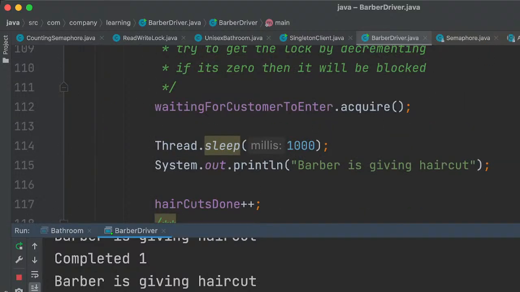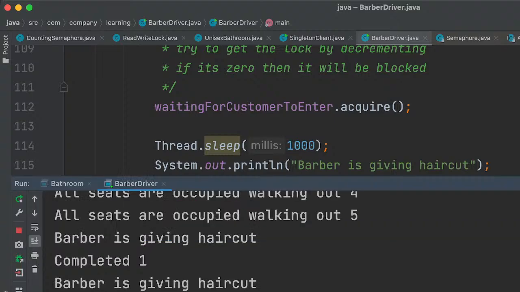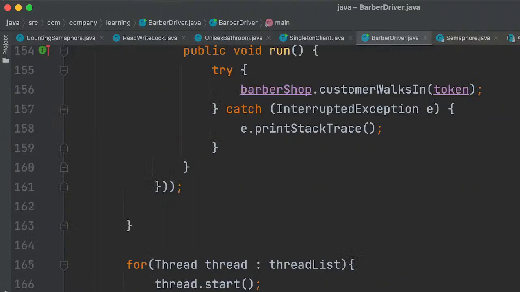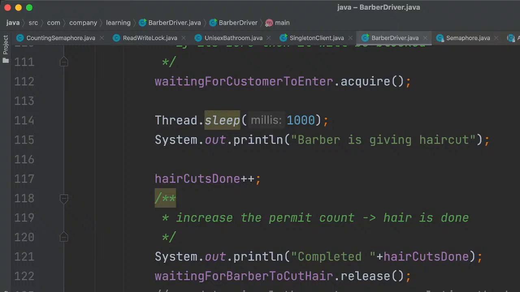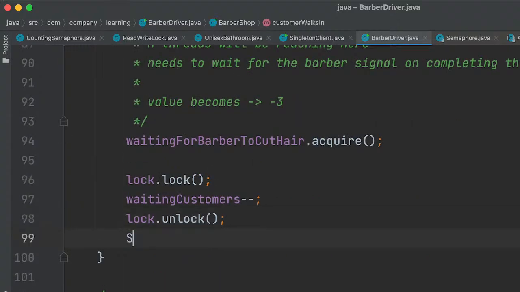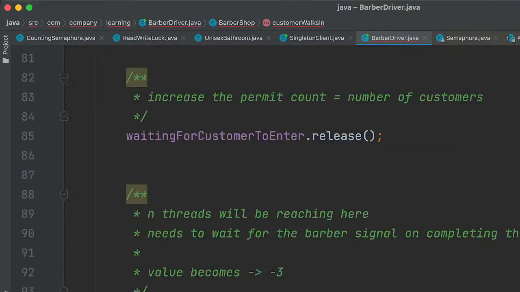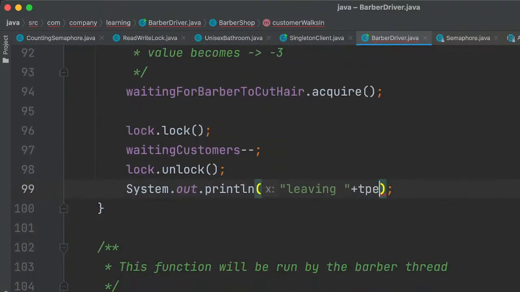So let's suppose, let's say system.out.println, leaving. Token number is leaving, right? So let's do that.